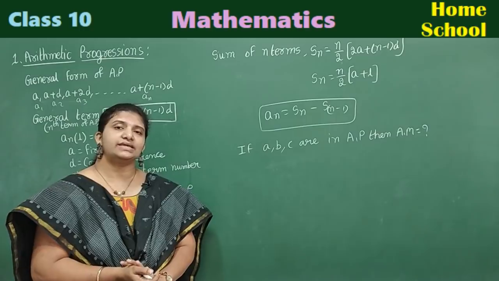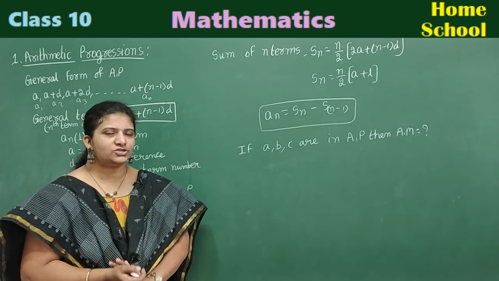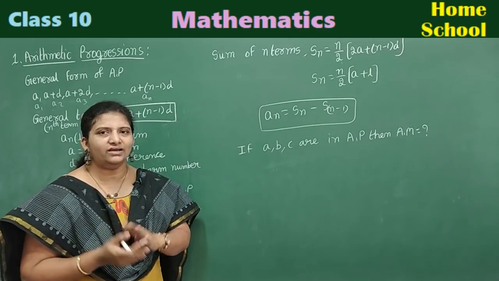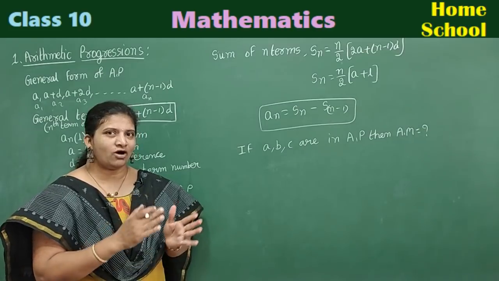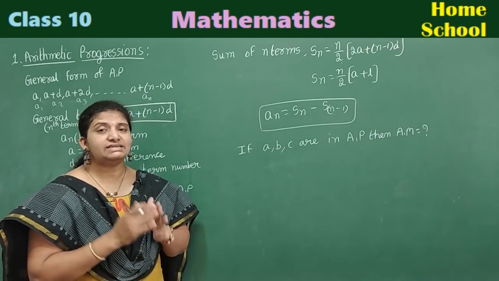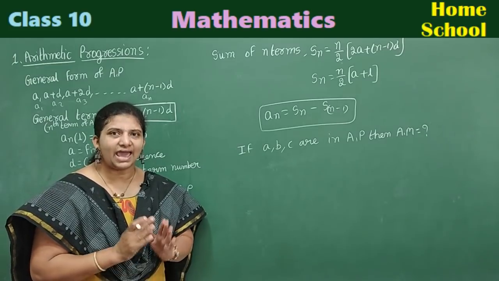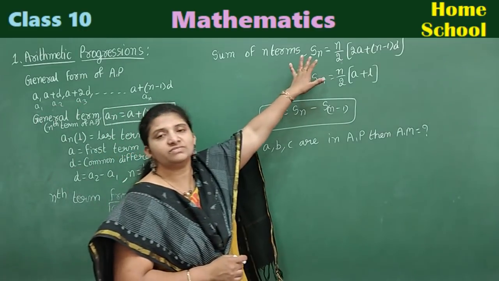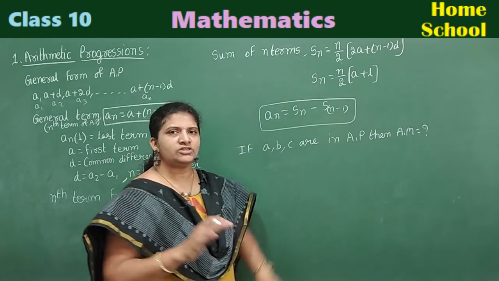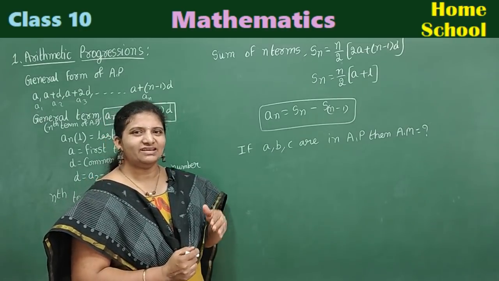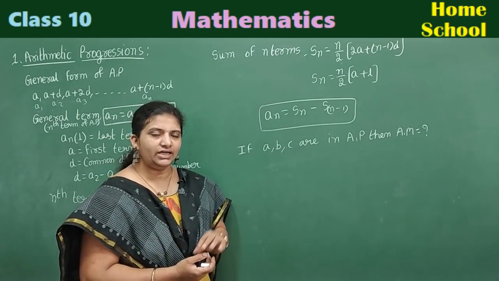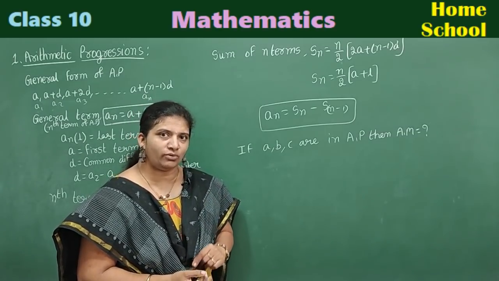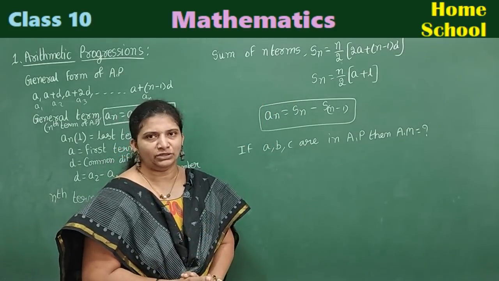We know about a sequence. Sequence means it is an orderly arrangement of numbers in a definite order. Those numbers, if we add, we get a series. The sum of the sequence is nothing but a series. Series is represented by the letter S. Now we are going to see the formula for the sum of n terms. Sum of n terms is represented by Sn. Suppose sum of 10 terms, I say S10. Sum of 20 terms, S20. The term number: how many terms you need to add, 20 terms or 10 terms, we need to write that value.